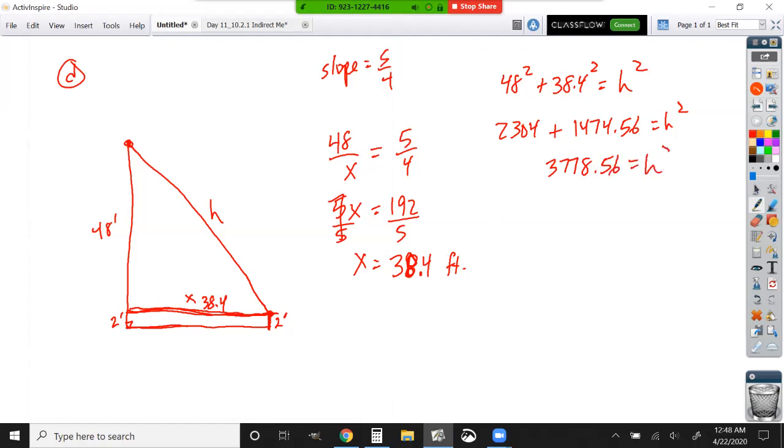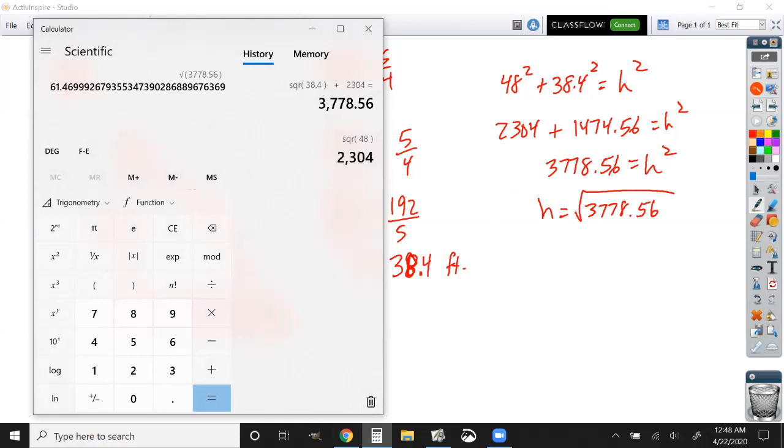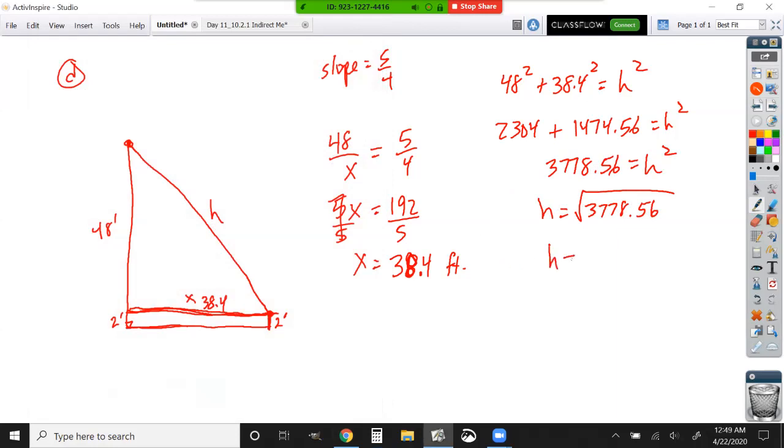3778.56 equals h squared. So h will be the square root of that number. My square root is a second function, so take that second. Now I can take the second root right here, and I get 61.47. So h is